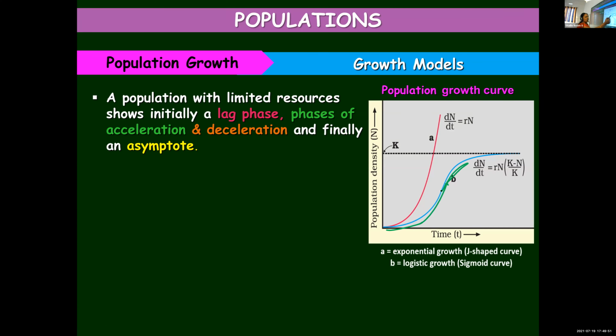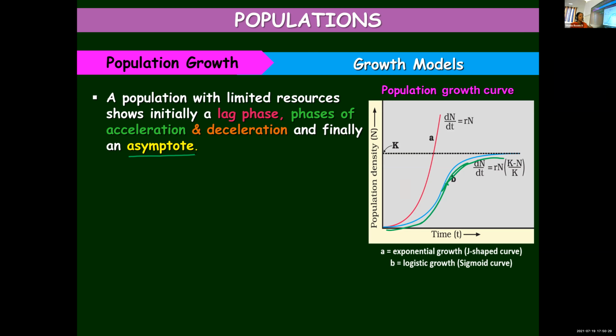Then you can see it is slowly coming down. So that is the deceleration phase. And finally, you can see an asymptote. Asymptote is the line which the graph appears to touch, but actually it will never cross. So here K is given, the carrying capacity, and that line will never touch or intersect. In the graph shown, you might think it is intersecting or crossing, but in reality it will not cross or intersect it. That is known as asymptote.